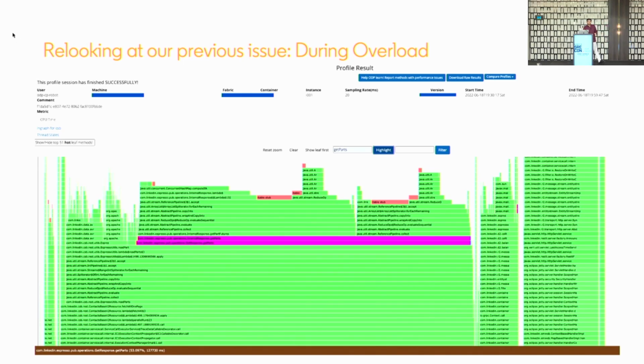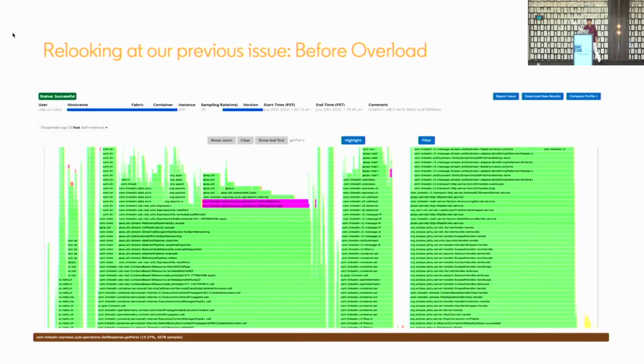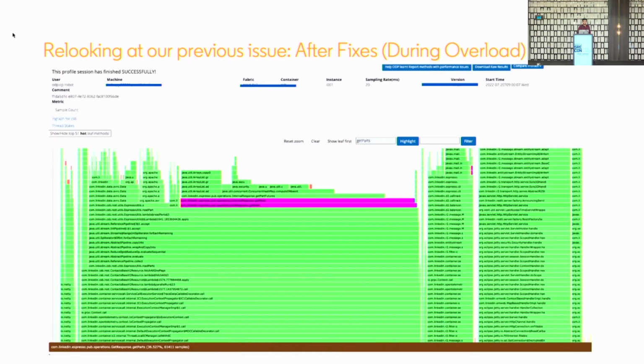Guess how long it took to make a fix? One hour, three lines of code change, and the CPU utilization during this traffic drop reduced from 56% to 19%. Now think of it, this was a library change, and this library is being used by half of the production services we own. And now we have a full fleet optimization that is done because of one single change.